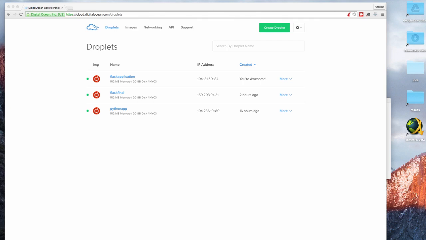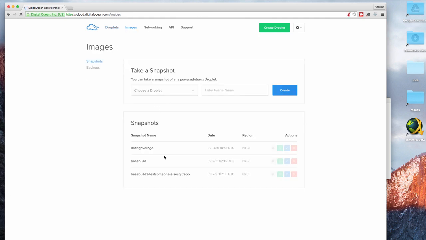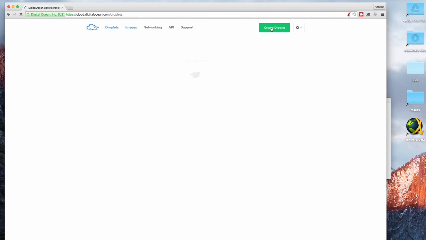So what I've done here is I've gone ahead and created some droplets here. What I'm going to do is show you how to install the Flask application on your droplet here. So starting off here, what we do is we create a droplet,